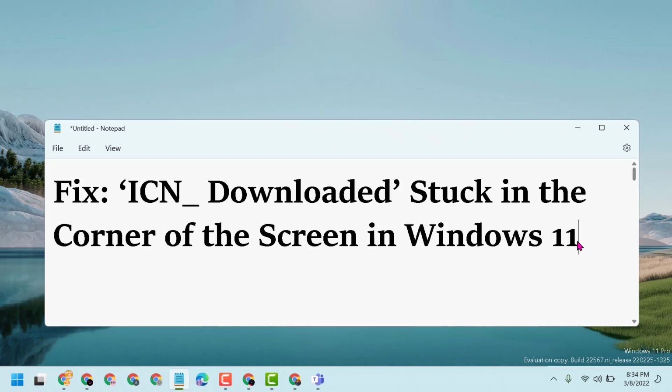Hello friends, today in this video I will show you how to fix the icon download stuck in the corner of the screen in Windows 11. So to resolve this issue, guys, you have to